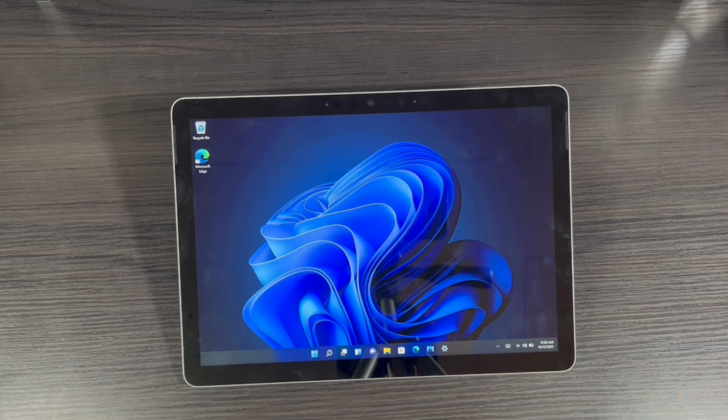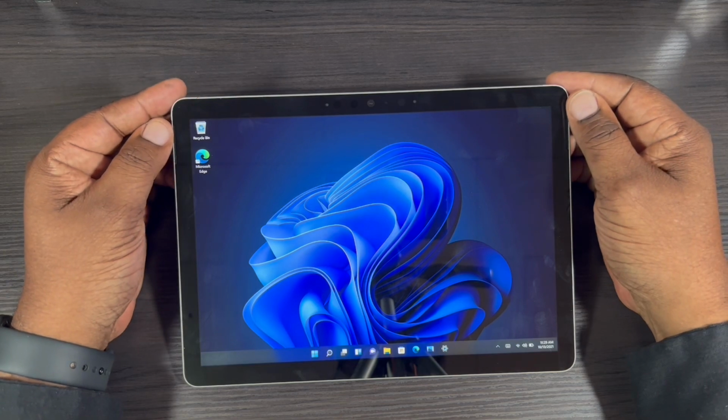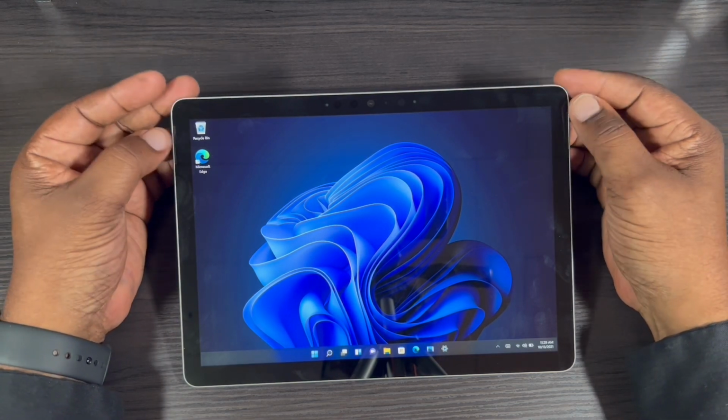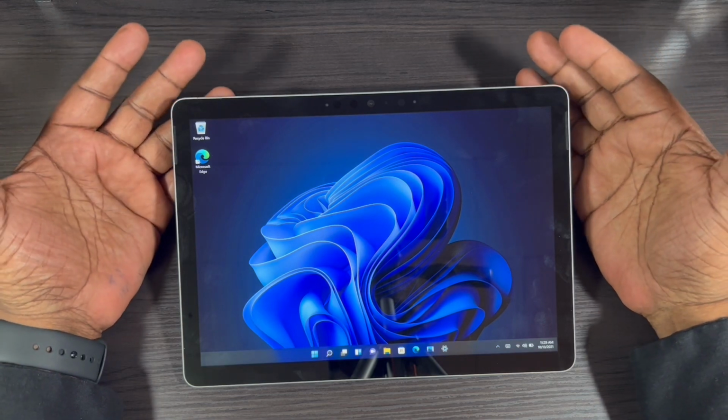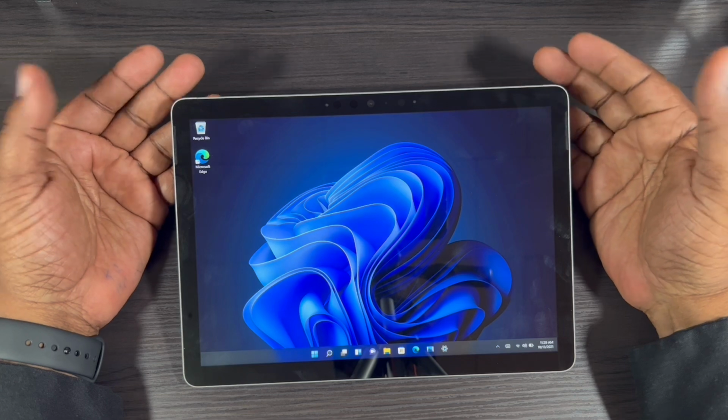I've been using this about a week now, and I've been using it in Windows 11 S mode intentionally. I didn't want to take it out of S mode. All of the other Surface devices that I've had, I've immediately taken out of S mode, but this time I wanted to use it and see what the difference is between S mode and Home mode. So I haven't had any issues using it in S mode other than